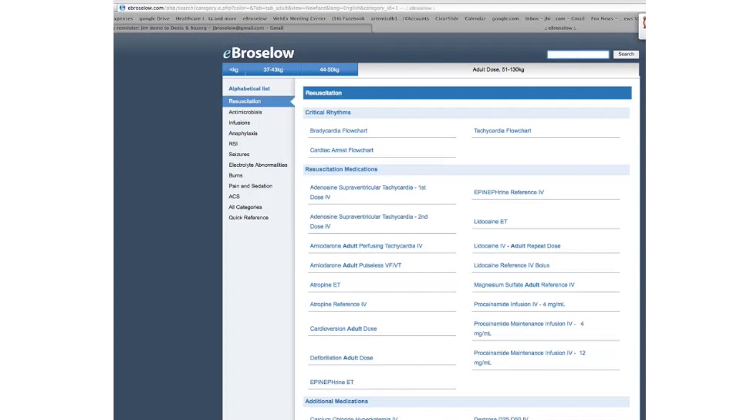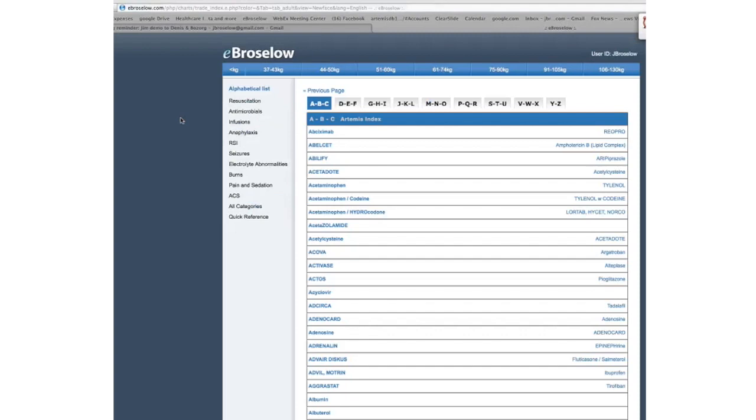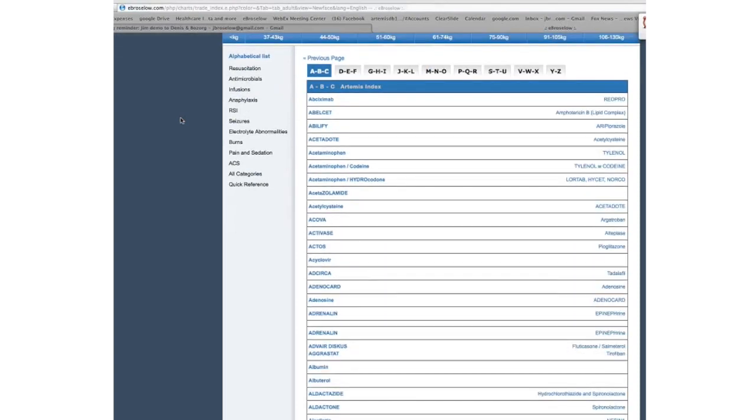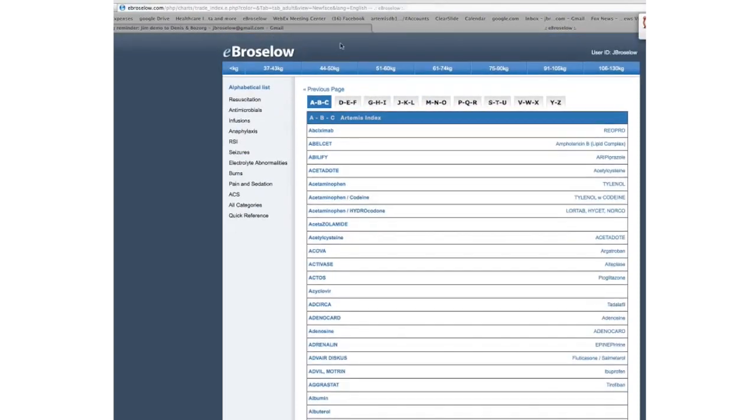I've started with adults just to emphasize, and I'll show this later, that we started with children, but we have everything for adults as well. So you can see that there's a search box here, so I could type in the name of a medicine, or I can find a medicine alphabetically. And by the way, just stop and take a look at this. I have an adult weight here,